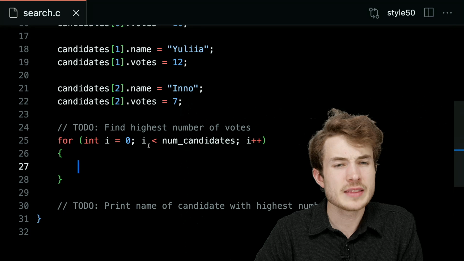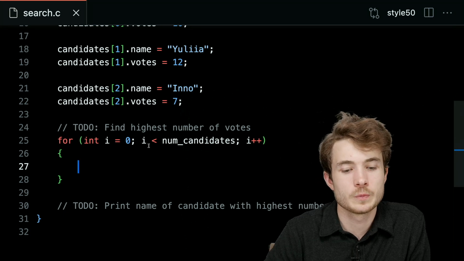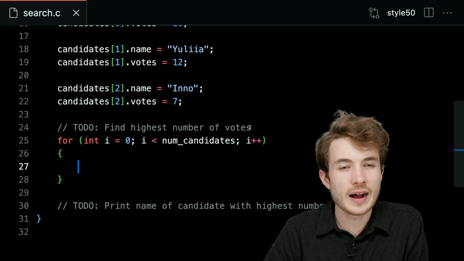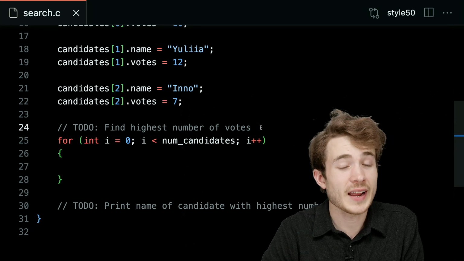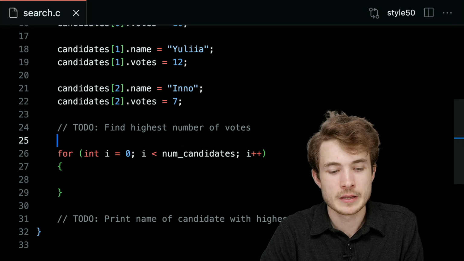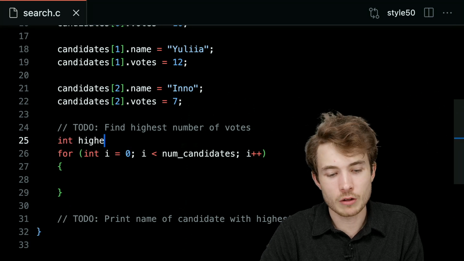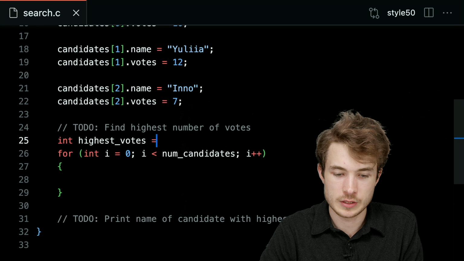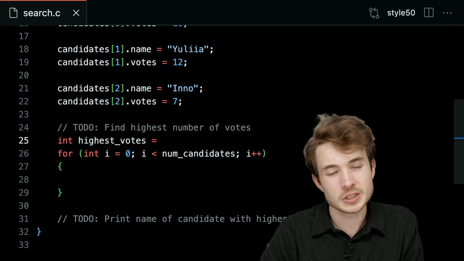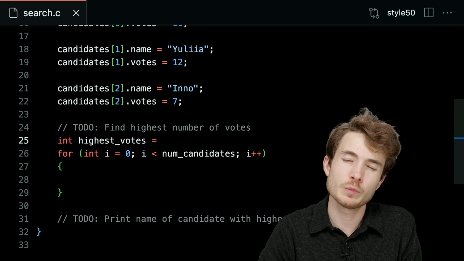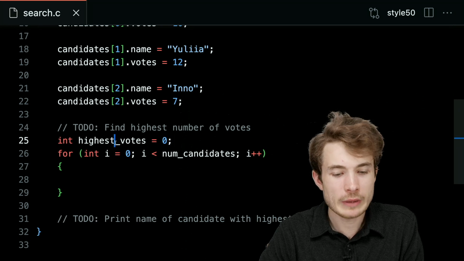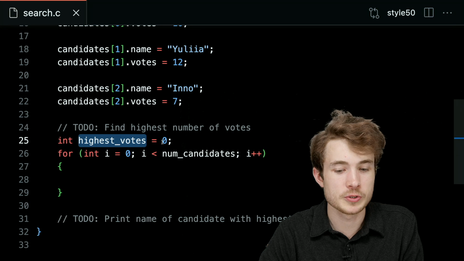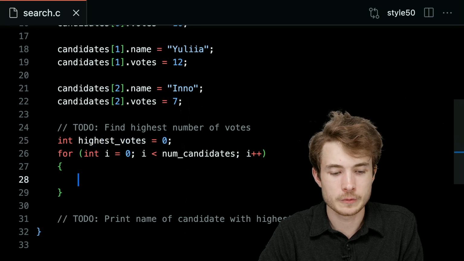Now, inside this loop, what should I do? My goal is to find the highest number of votes. So maybe I should first make a variable that defines that number of votes for me. I could create an integer, let's call it highest_votes, and set it equal to, well, at the beginning I don't quite know what it will be. Maybe it could be 0 to begin with. Now we have this variable, highest_votes, equal to 0.